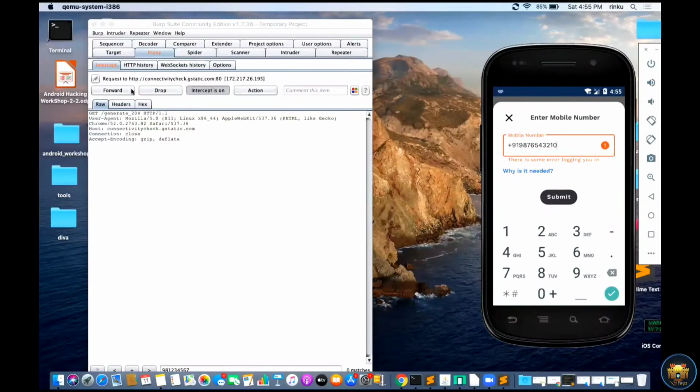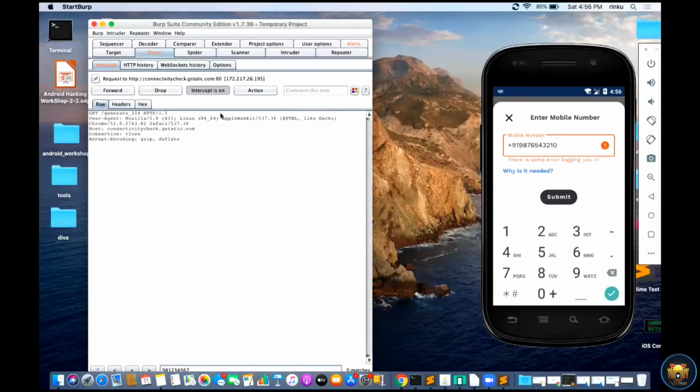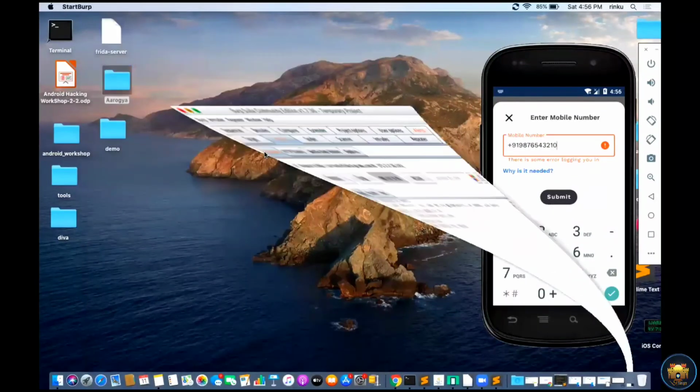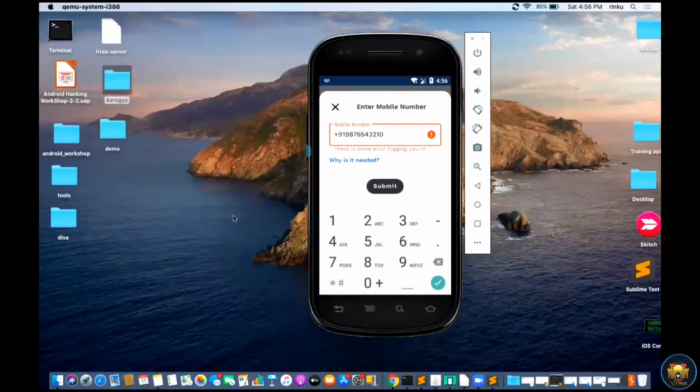So you can see that using the SSL bypass, I am able to capture the traffic in Burp Suite. You can also try using reverse engineering. Here I am not covering reverse engineering because I have already shown it in the root detection bypass mechanism. So you can try.